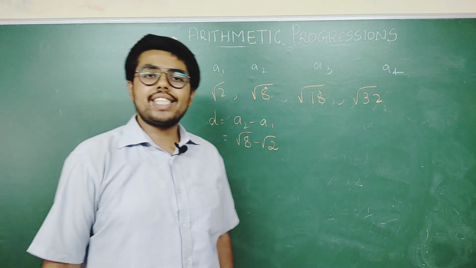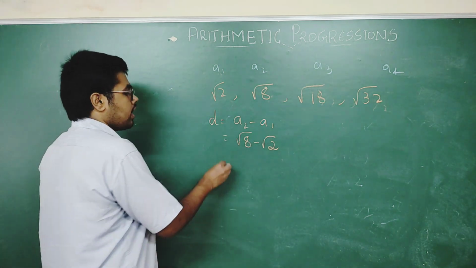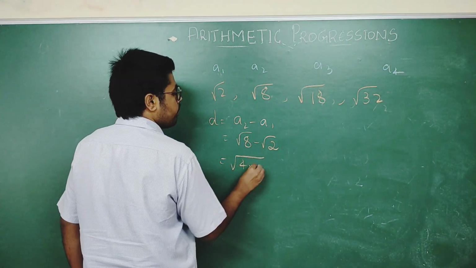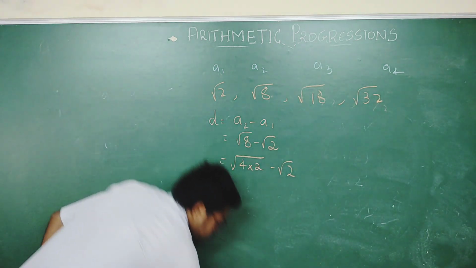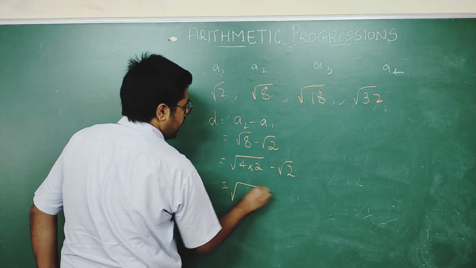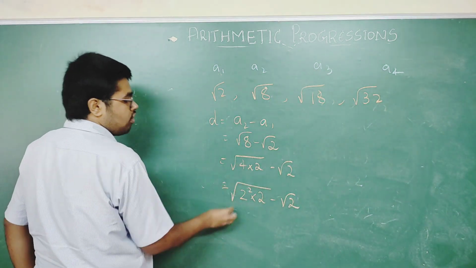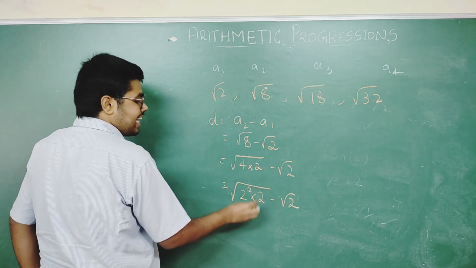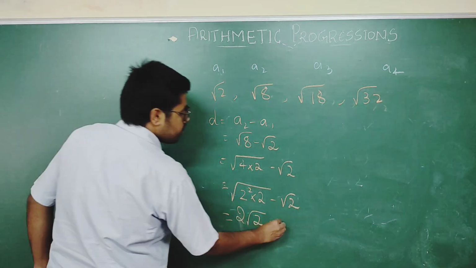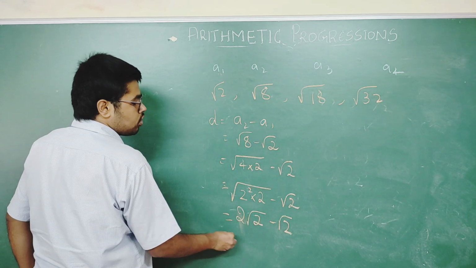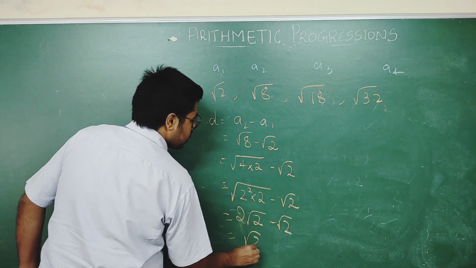You would have studied in your lower classes about these numbers called irrational numbers. We can break it down. How to break it down? Can I write root 8 as root of 4 into 2? What is 4 into 2? It is 8 again. Can I write 4 as 2 squared? Yes, 2 squared is 4. Now square and root cancel off, so the 2 comes out and we are just left with one more 2 which is already in the root. So it is 2 root 2 minus root 2. What is this? 2 root 2 means 2 times root 2, minus 1 time root 2. It is just root 2 remaining.